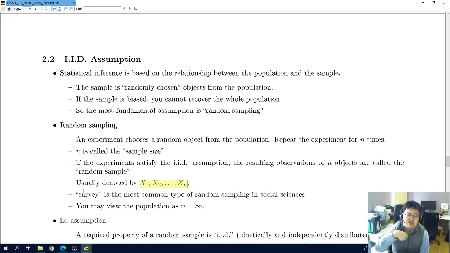and repeat that. Choose another random person, another person, another person. So in the survey, the population is a finite number. Like in the United States, I don't know what the population is. Anyhow, it's finite. It's not infinity, but there is no difference. Anyhow, we never observe the population in statistics, so there is no problem to view the population as an infinite number of observations, right? Even if the population is actually finite.